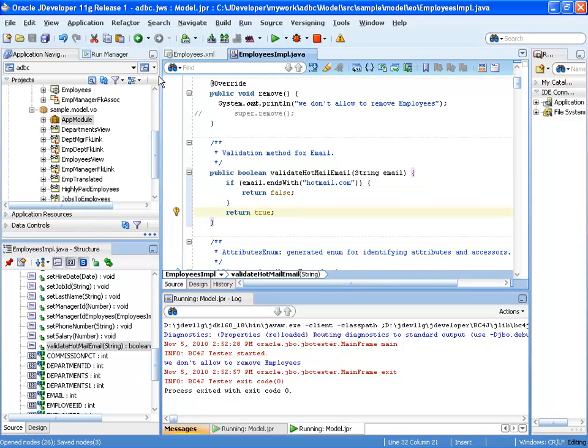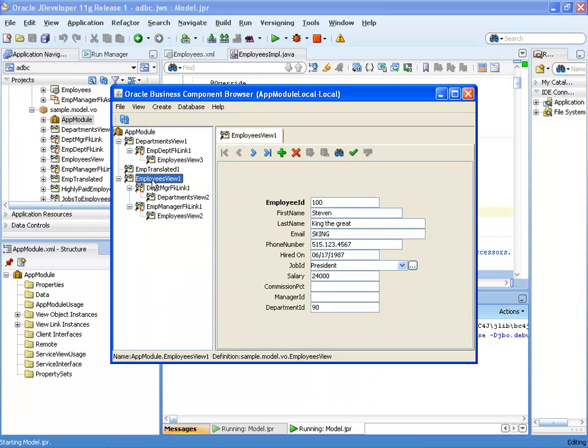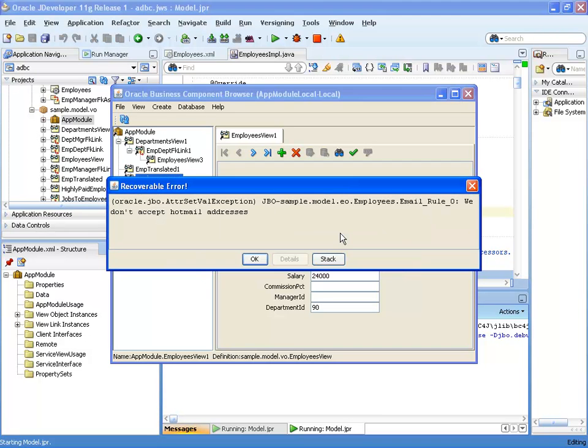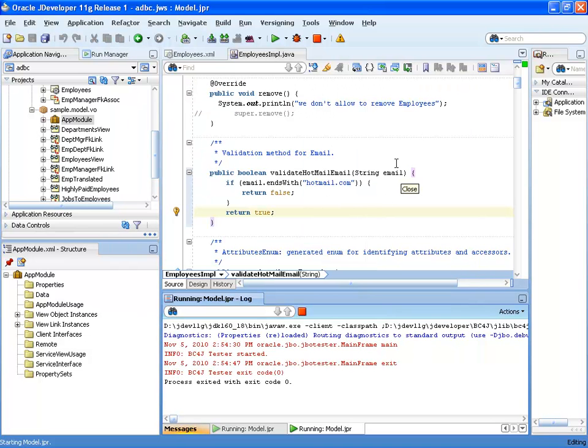Save everything, and again run our application model. Let's look at an employee and try and update his email address. And when we try to leave the field, we get our error message, we don't accept hotmail addresses. As you can see, it's very easy to override specific behaviors by interjecting just the Java code that you need